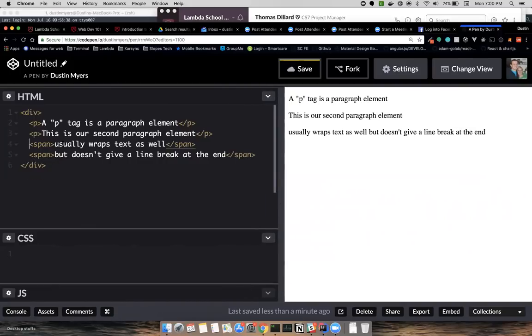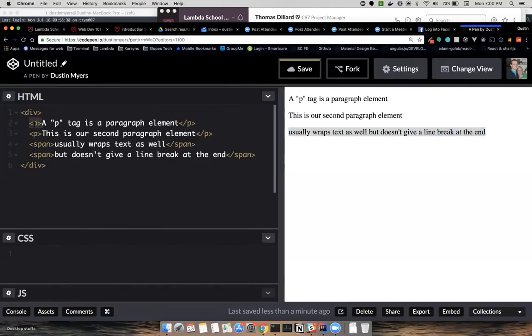Even though we've dropped a line from line 4 to line 5 to create our new element, it stayed on the same line as our other span element up here. So you'll learn very quickly the different behaviors of these different elements.